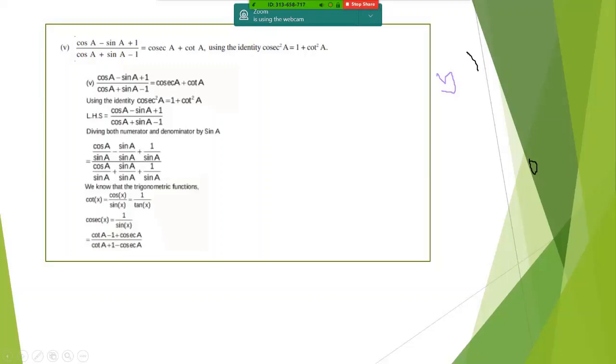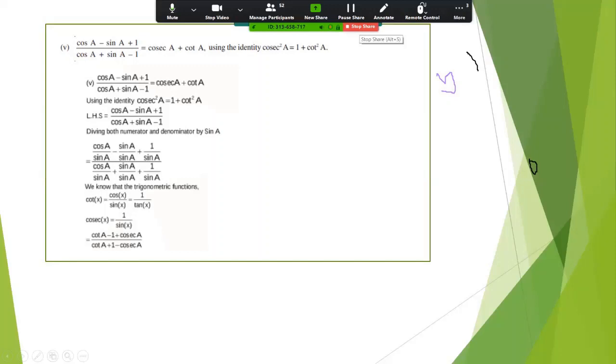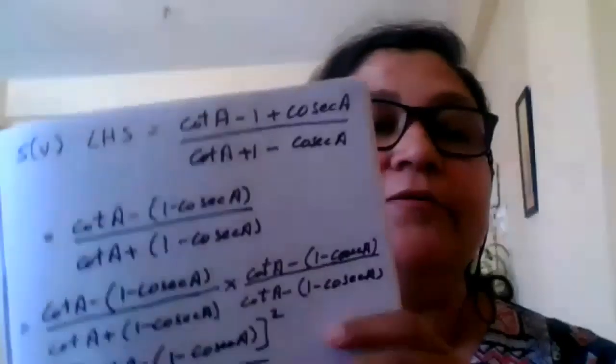So it is like you have done it in 9th also. Even yesterday when a sample sum was done, we have shown you how to rationalize the denominator. What I'll do is, again, I'll stop sharing for 1 minute. I'll show you what I have done. Please look up here. Please look at the sum here. From the last step onwards.